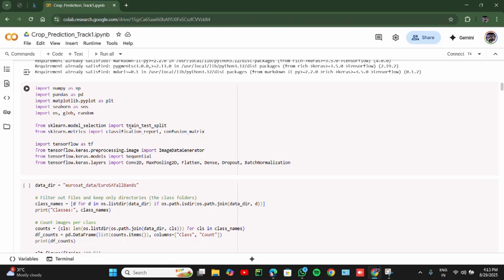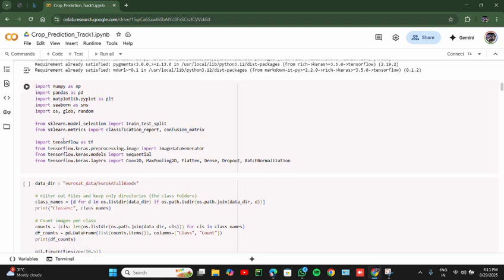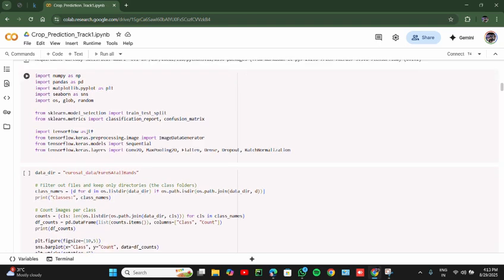NumPy is used for numerical values. Pandas is for the data frames. Matplotlib and Seaborn are used for visualization, and sklearn and TensorFlow are used for training and testing, classification, and to build a confusion matrix. TensorFlow is used for max pooling and to flatten the end-to-end dimensions, like 1 into n dimensions.